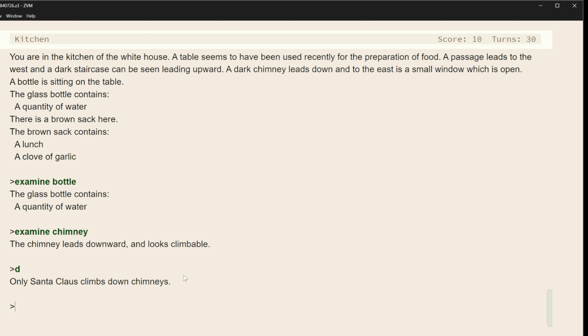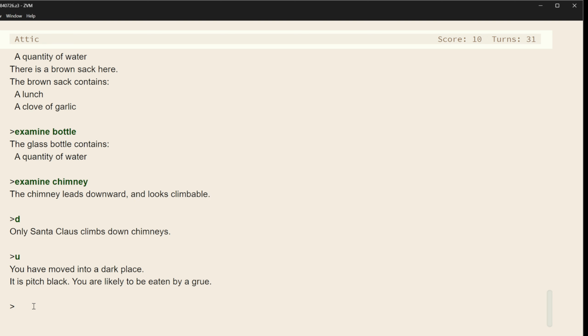This is an example of the kind of personality that Zork had that kind of set it apart from a lot of other games. Just these kind of dry quips. Although you'll notice it's not just one joke after another like some other games. You know, we actually haven't encountered a lot of that. Let's try going up the stairs.